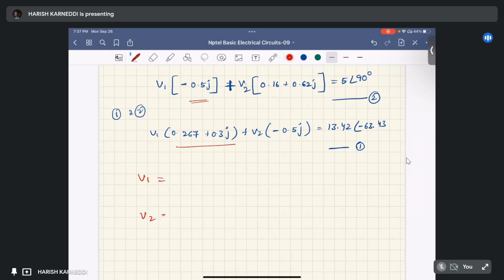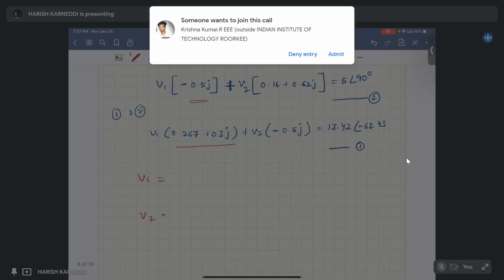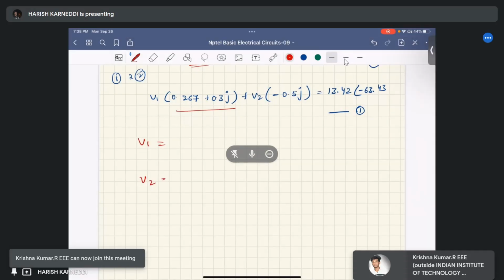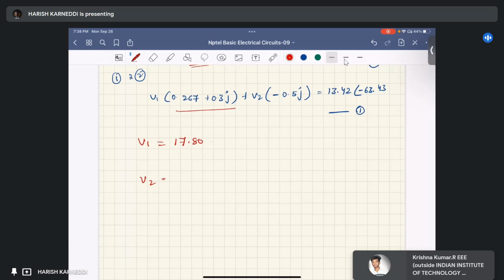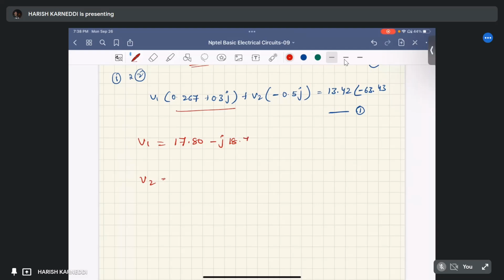And similarly here the constant is 0.267 plus 0.3, and this constant is minus 0.5j, and it is 13.42 at an angle of minus 63.43, which is equal to 17.80 minus j18.74